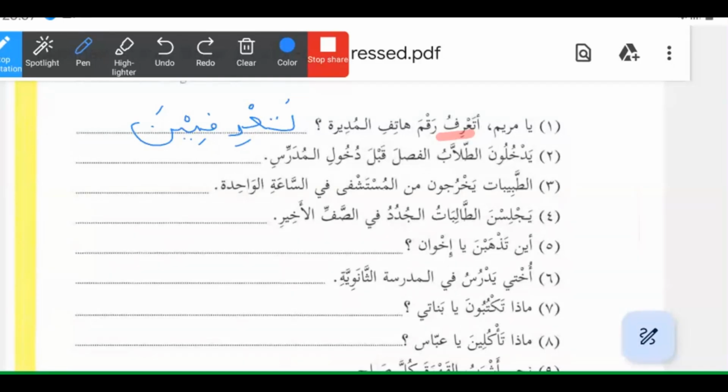يدخلون طلاب الفصل قبل دخول المدرس. Once it is coming as يدخلون, then it's coming as طلاب. In يدخلون, in the next exercise we will see, the doer of action is noon. So in one sentence, two doers of action will not come. According to the grammarian rules, the subject is mentioned only once in a sentence. If it is coming as yadkhuluna, then tullab we need to omit. So the correct way of it will be yadkhulu